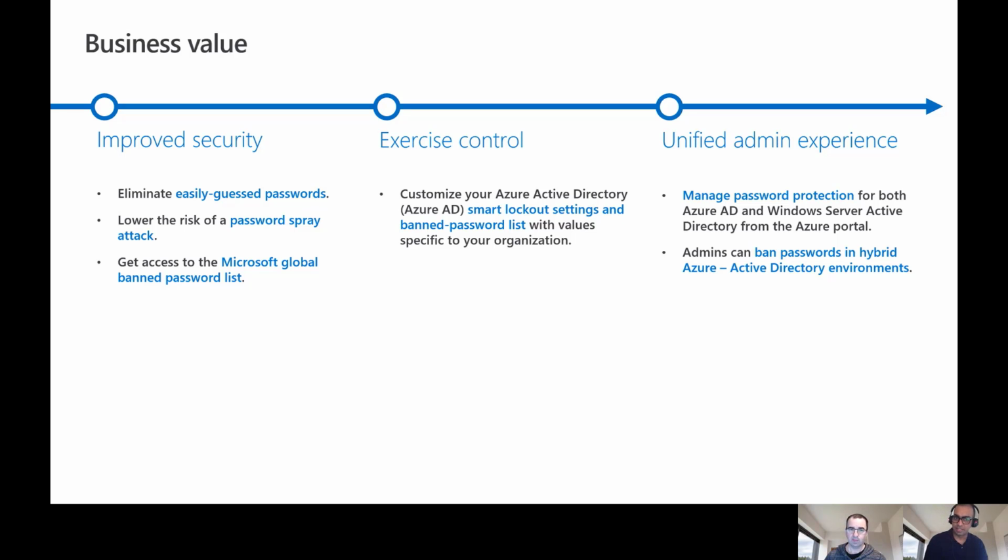You're able to customize some controls in your Azure Active Directory with smart lockout and banned password lists. When I discussed smart lockout, I gave you an example of 10 bad password attempts in 60 seconds and you're locked. This is something which is customizable. You could increase the lockout duration to a higher value, say 15 minutes. You could make the bad password attempts fewer. So that is completely customizable, and you are able to control it. It totally depends on what kind of protection you're looking for.